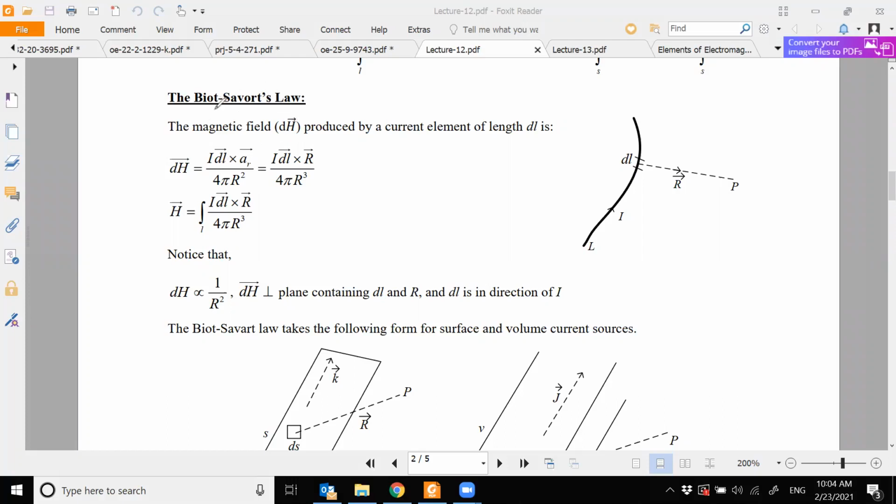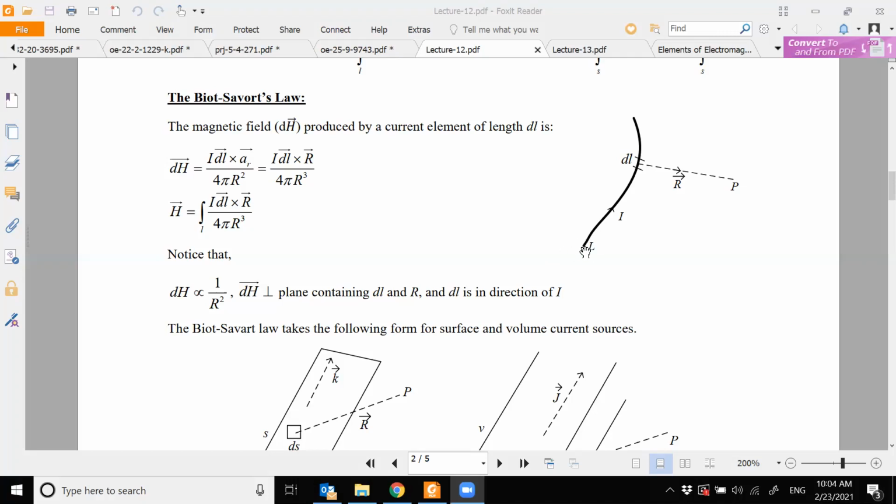So here the governing law is Biot-Savart's law, and this is similar to your Coulomb's law in electrostatics. Okay, so what does this law say? Again, this law is an experimentally observed law, similar to the Coulomb's law, and it states that